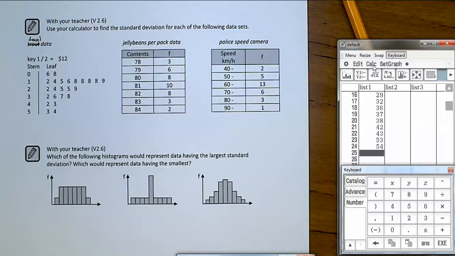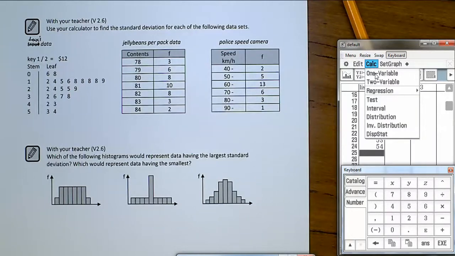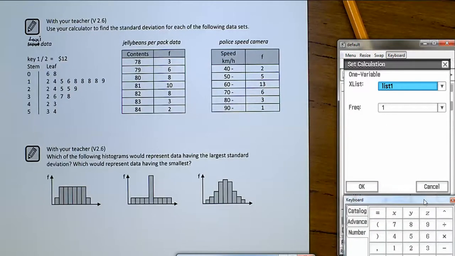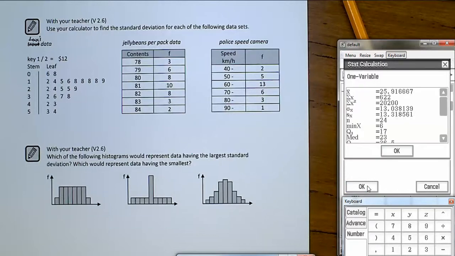And so what we're going to do is calculate. Now this is one variable statistics. All the stuff that you do in this course will be one variable statistics. And we've got one variable, the X list is list 1, and the frequency is 1. We've entered all of these pieces of data individually, and so that means the frequency is 1. When you've got that, you need to press OK, and what you'll get is a huge long list called a Statistic Summary, and part of that will be the mean. You'll have the median, the quartiles and bits and pieces,